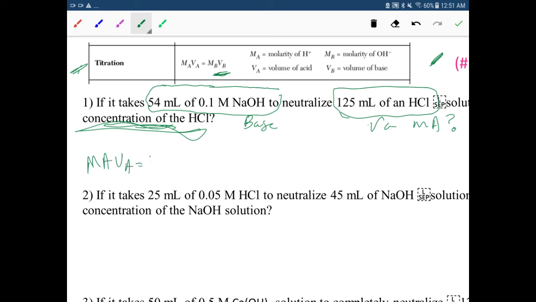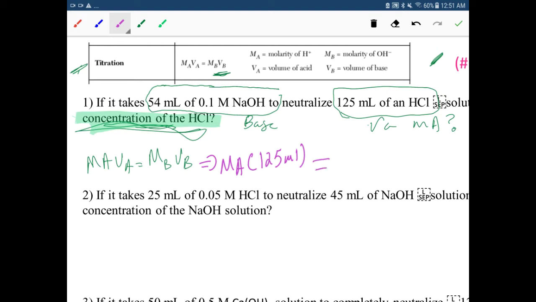MAVA equals MBVB. MA is the molarity of the acid, which is what the question is asking for. Right? The question is asking for the concentration, so it's going to be our X, or just leave it as MA. And then VA is the volume of the acid, which in this case is 125 milliliters of HCl. So MA times 125 ml